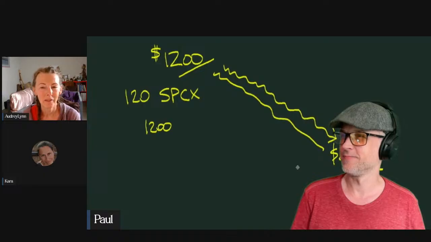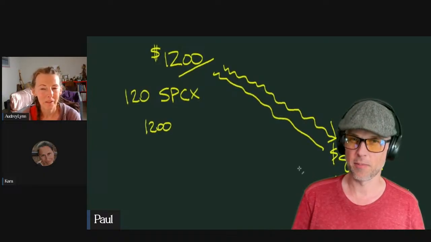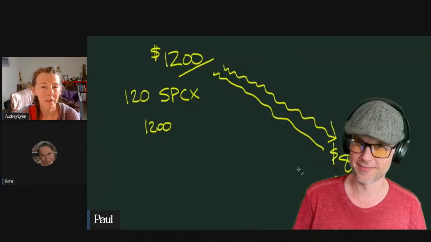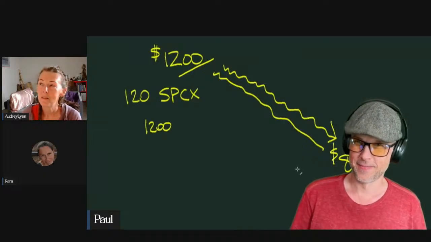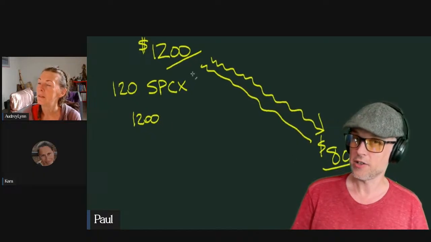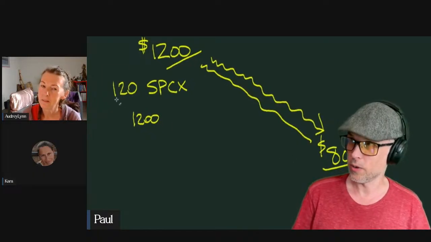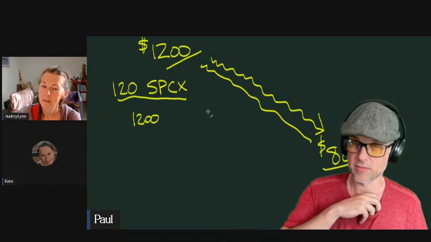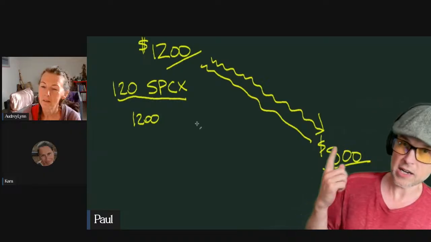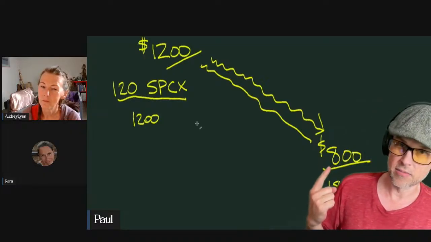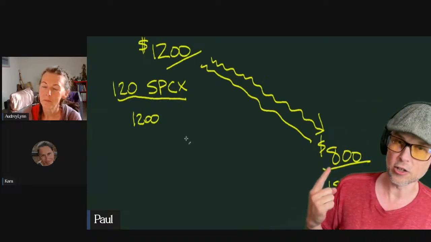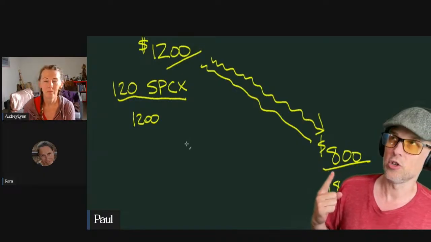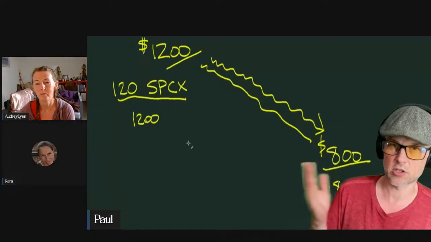Yeah, if the market agrees with you. You don't get it if the market doesn't agree with you. If you think the market's going to go down and you get 120 SpaceX, and the price goes up, now the market's working against you and you're never going to find anybody to deal with you to buy that asset. No one is going to close on that for you because no one's going to take a loss for you.